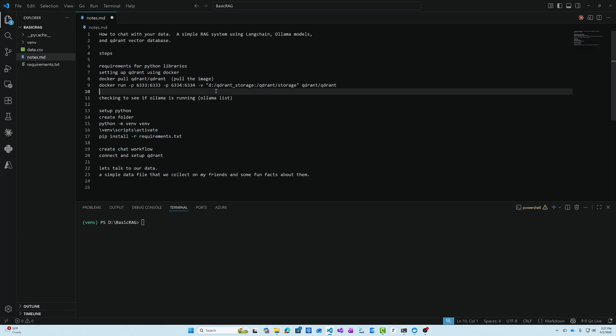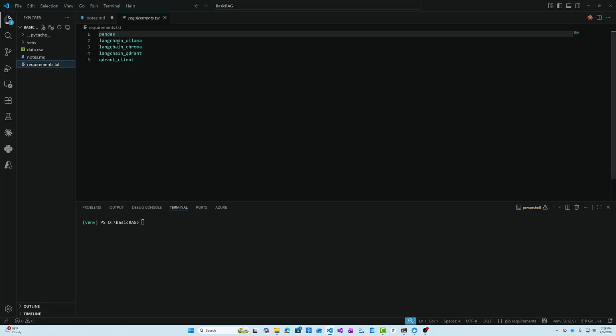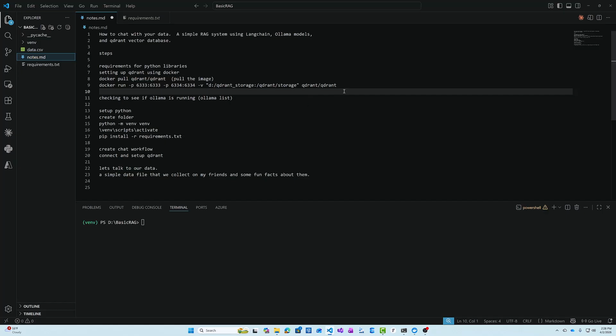Okay, these are notes for myself on how to build a simple RAG system using LangChain, Ollama models, and Qdrant vector databases. I have already defined the modules I need in my requirements text. This also requires having Docker set up for Qdrant, and making it point to my drive D to store all my containers. And then this is also to set up my Python environment